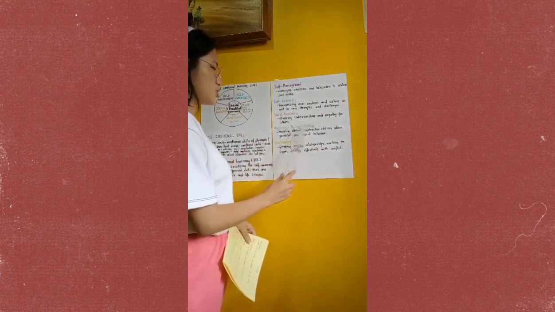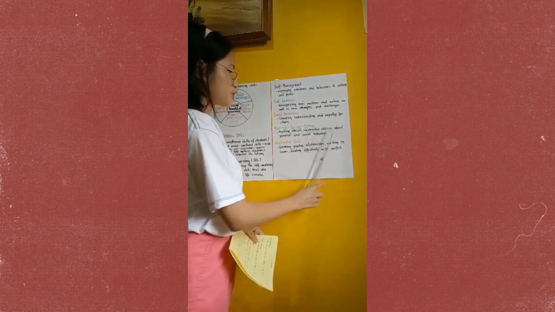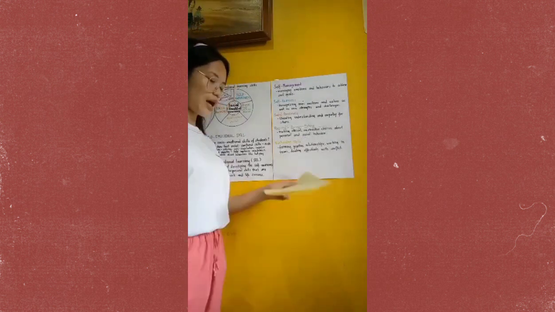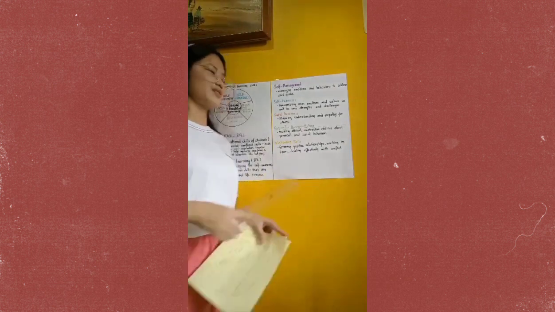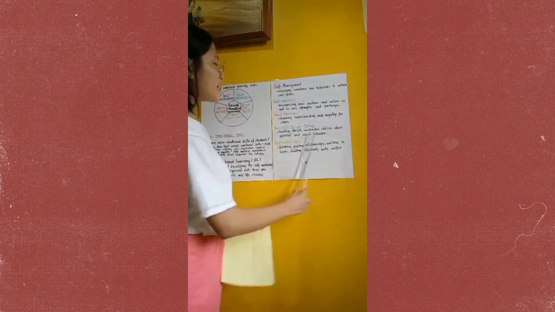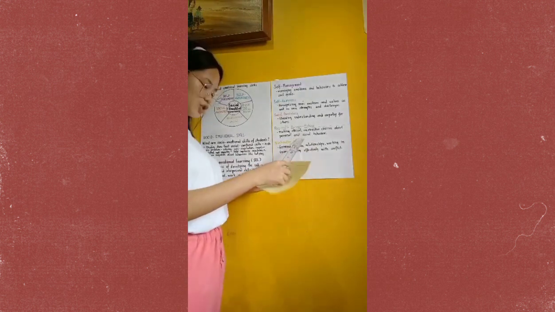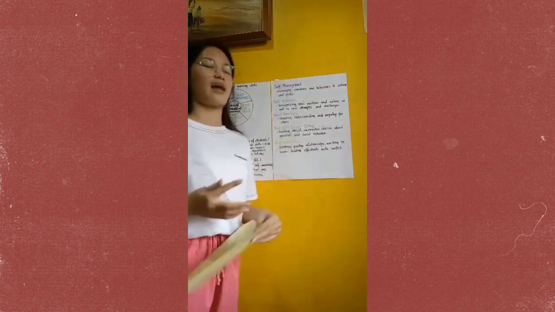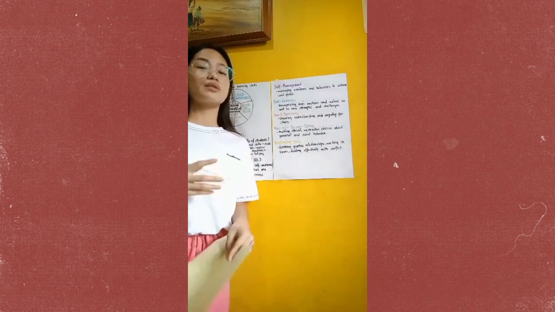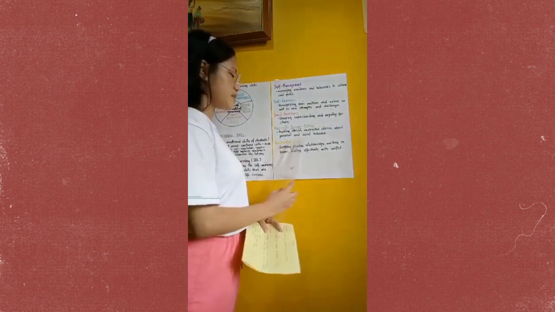Fourth is responsible decision-making. What is responsible decision-making? Making ethical, constructive choices about personal and social behavior. It is simply the ability to make good choices. Here we choose what we want, and it includes avoiding peer pressure and thinking of consequences before you make a decision. When we decide, we should first think about whether our decision will be right, positive, or negative, and its consequences.